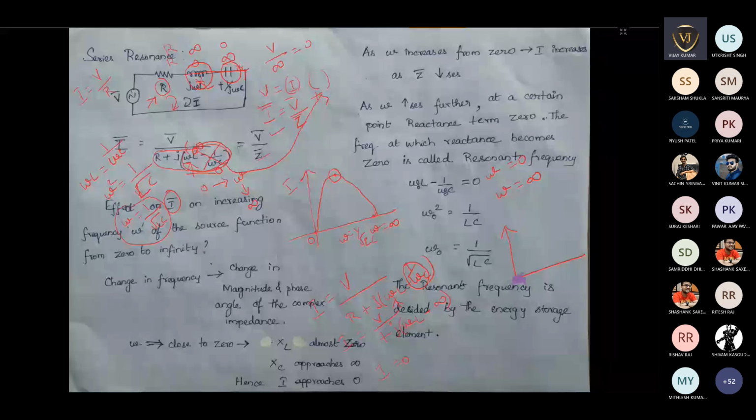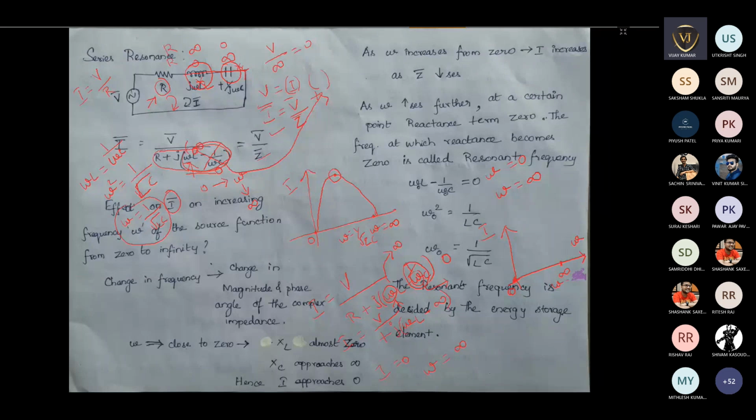So if I plot it with respect to omega, this is the omega axis and this is the I axis. Here at omega equal to 0, I am getting current as 0. Then the second condition I am checking, omega equal to infinite. If I put omega equal to infinite, the omega term becomes infinite, whereas if I substitute omega equal to infinite in this term, it becomes 0. So again you have infinite in the denominator, and again the current will become 0. That is occurring at this point, omega equal to infinite.